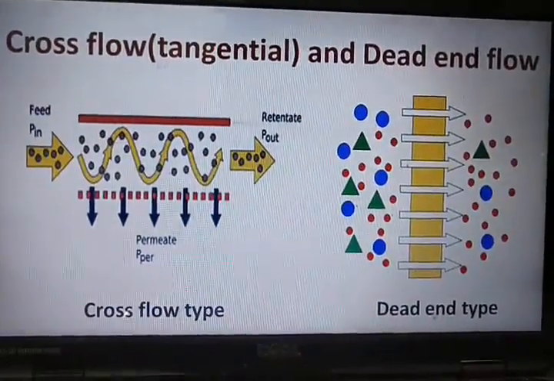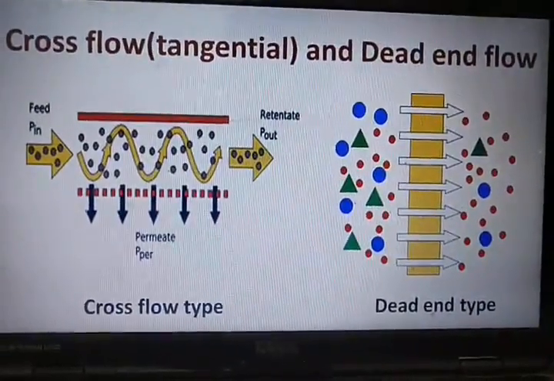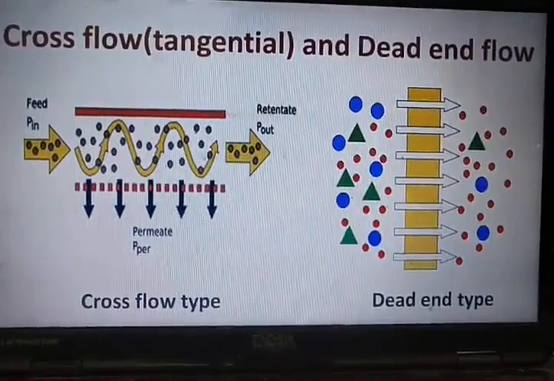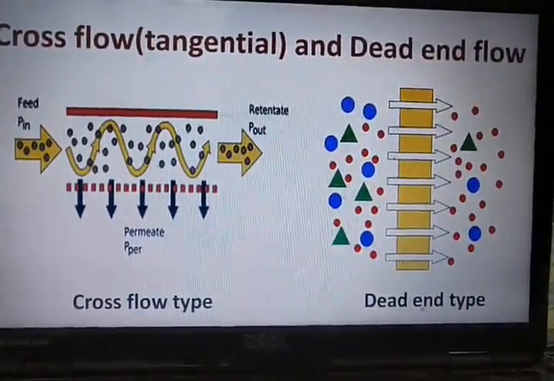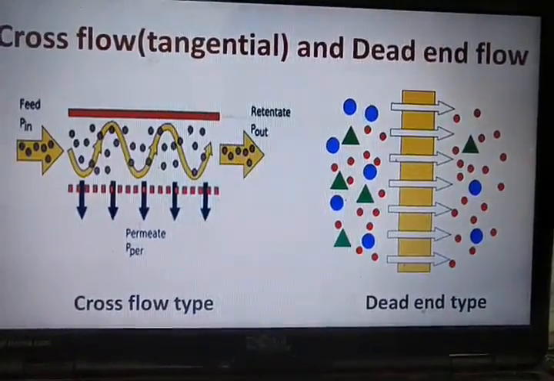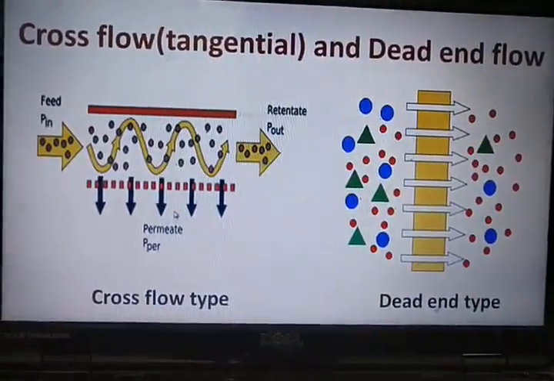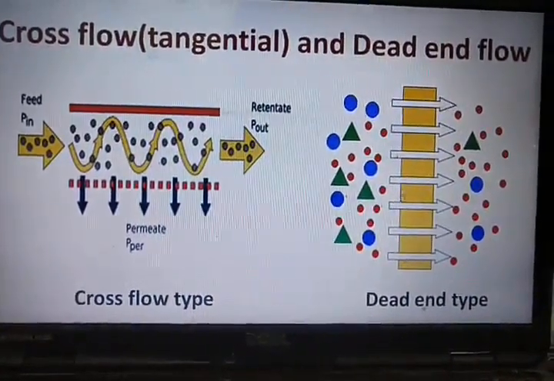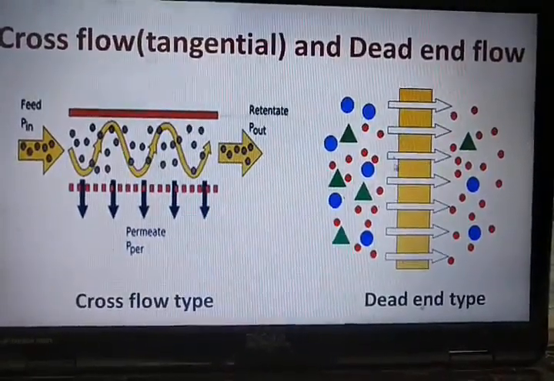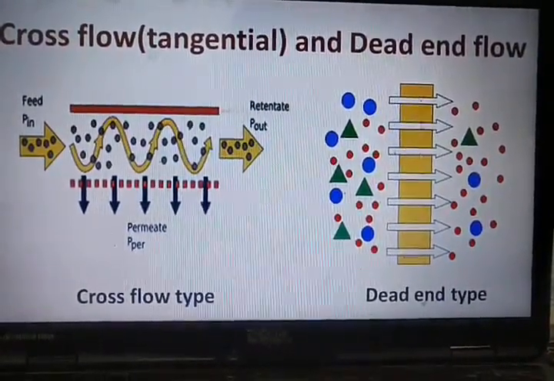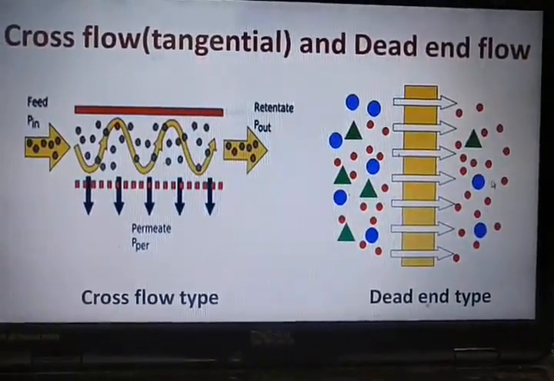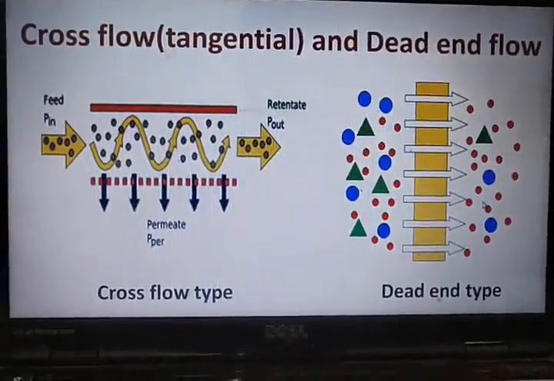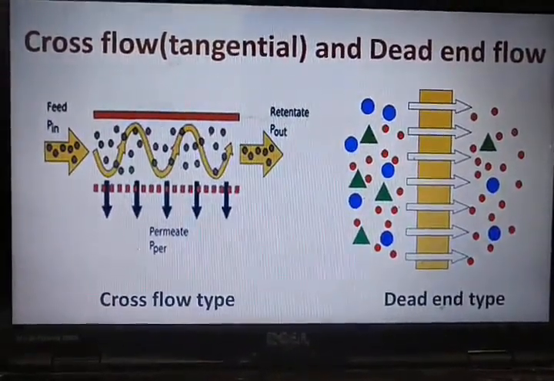So this is the cross flow type of membrane module, wherein the water is fed here and the retentate is taken in the same direction. Okay, and this is the permeate, that is the treated water, or it could be any other liquid using this technology. So this is called the cross flow type of pattern, and this is called dead end flow. Wherein the feed enters from one direction and there will be a membrane in between, and you will get the permeate on the other side. So these are the cross flow and dead end flow types of membrane systems.